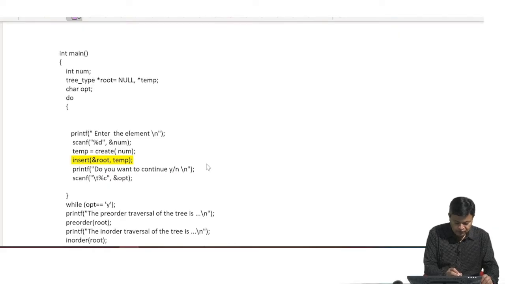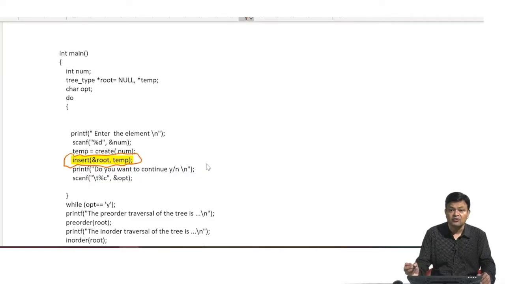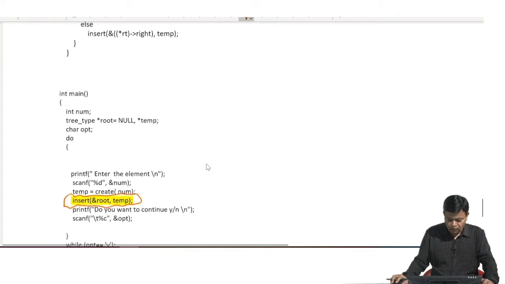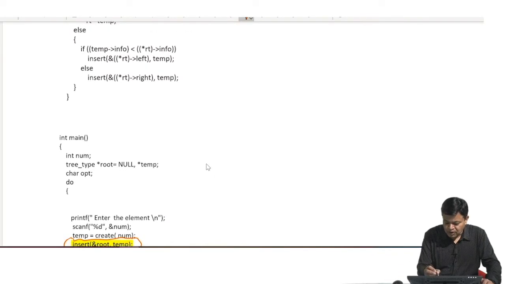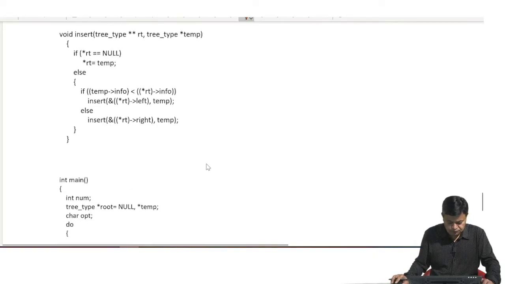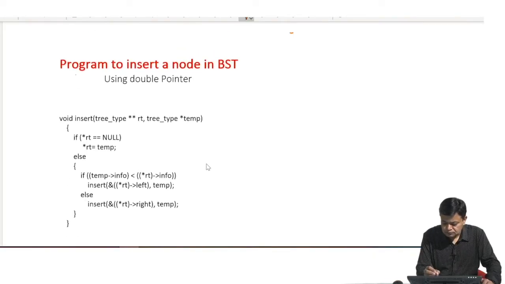See, in the main function we will be calling insert like this. We will call insert with the address of root and the value of temp. Now, what is temp? Temp is the address of the new node which we have created. So, from the main function, we have passed the address of root,